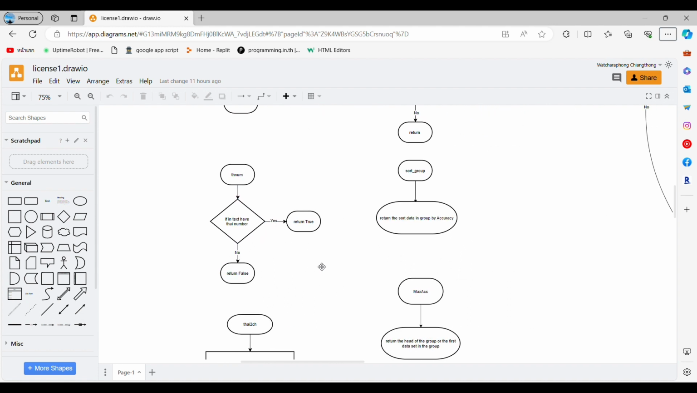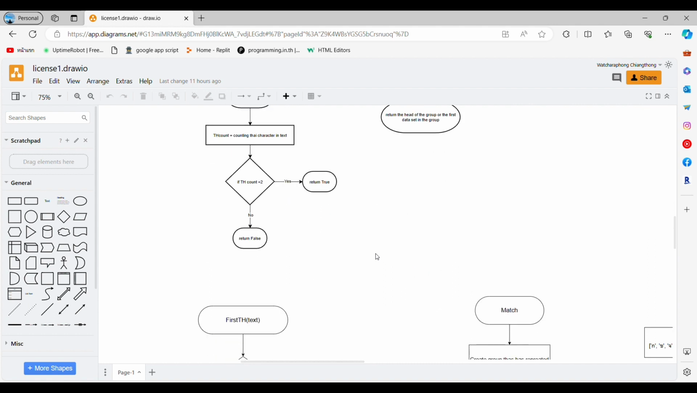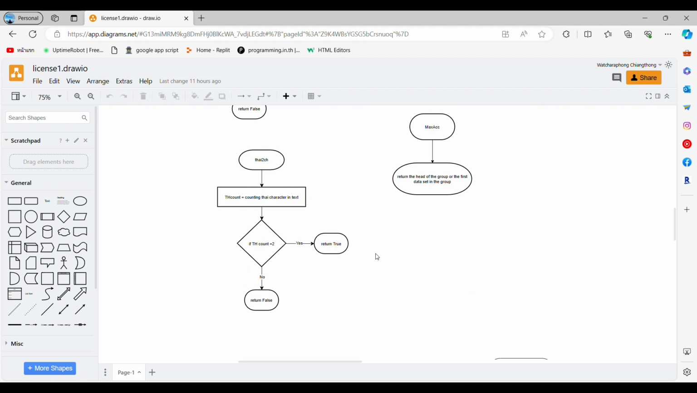Sort group means sorting the data in the group. Like if you want to group by the last digit numbers, and you will sort it by its accuracy. Thai to th means checking the Thai characters, because the Thai license plate should have only one or two letters on it. About the Max ACC, it will return